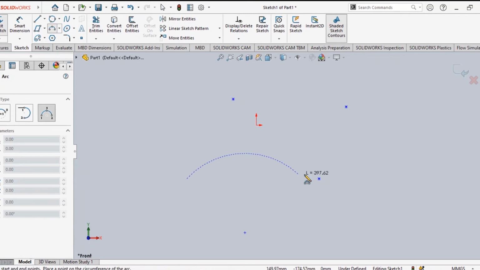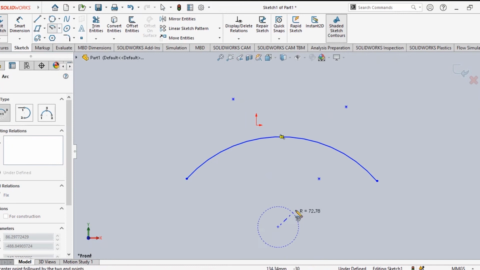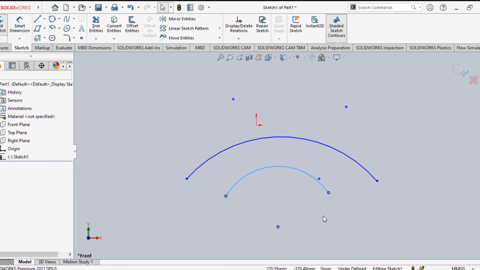Let us see first point. This is the second point and third point will be on the periphery only, not in the center. Third point, if you click anywhere, that will be the arc. First option was what? First option was center point arc. See, this is a center point. This is one point and this is another point. So 3 different options are available for making an arc. One is center point and 2 end points. Another is your 3 points on the periphery or on the circumference. And another option is tangent to a line. So these are the options for arc.